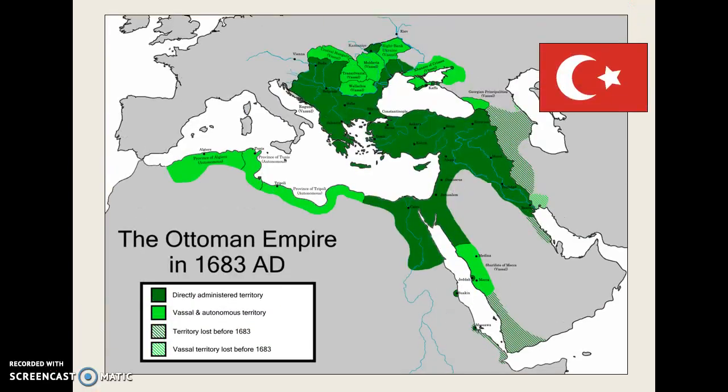The Ottoman Empire emerged as a political and economic power following the conquest of Constantinople. They lasted from about 1299 to 1922, so around 600 years or so. The Ottoman Empire did finally fall apart after the end of World War I, around 1920 or so, and 1922 was the official end to the empire.